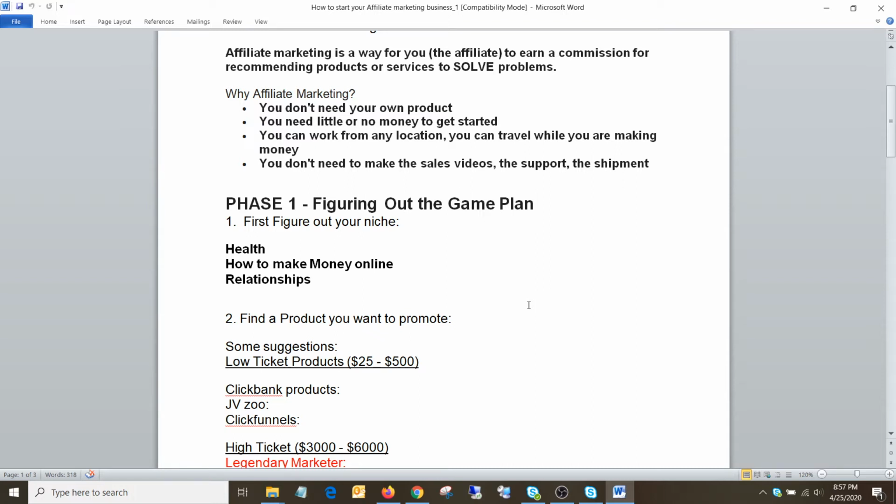So you can recommend those products by providing value to your customers. Relationship, dating apps, there are a lot of things. So what you need to do is make a list of things that you think you're passionate about, and you can create content like anything. And then